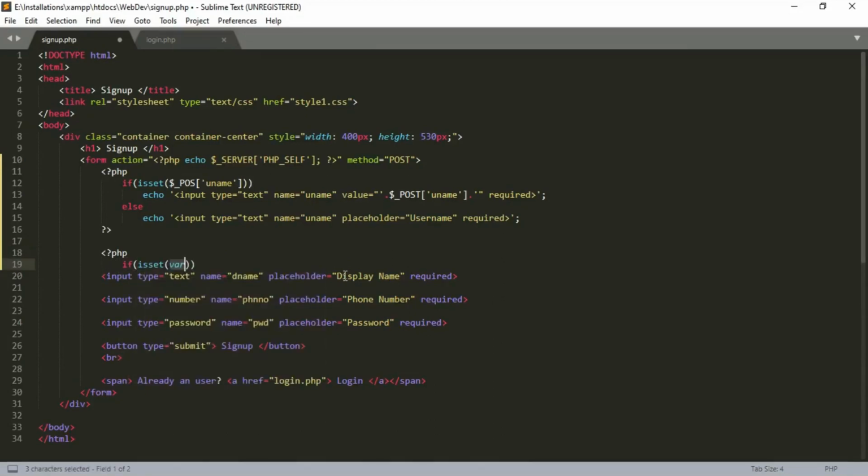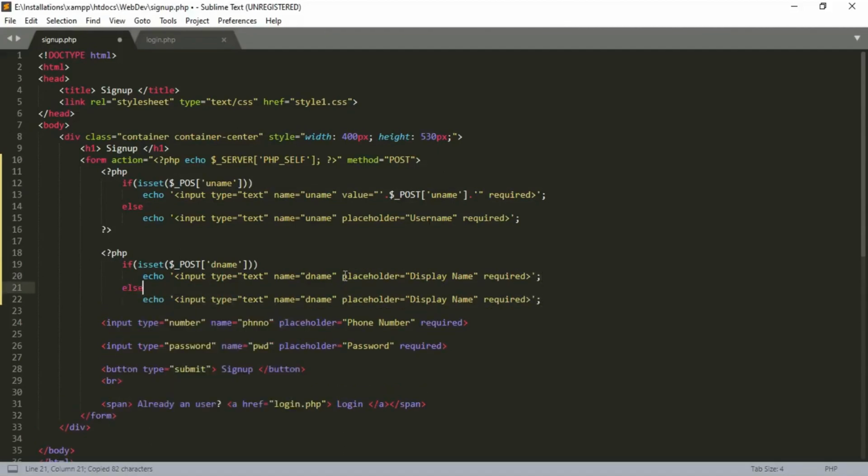isset of post dname, and change as value equal to within double quotes single quotes dot of post dname.